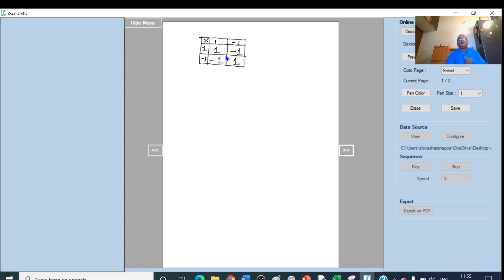And to find the identity element, what you need to do is, this is the header row 1 and minus 1, and go below in the table and find a row which matches with the header row. See here, this is the row which is same as the header row, and here we got this row by taking the operation with 1 here, 1 into 1, 1 into minus 1.